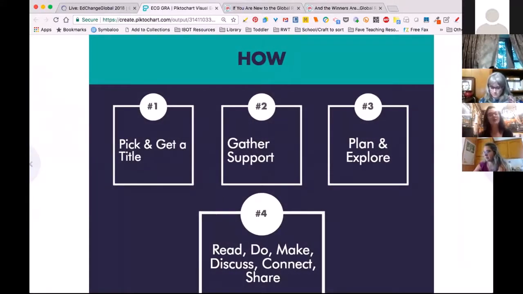So the starting point would be to pick and get a title, which I already talked about, right? So think about what works for your age levels, what your goals are, what you want to accomplish with it. Try to have it be something that you can integrate a little bit each day. So something that will work with your schedule, right? While there are a lot of extension activities with Global Read Aloud to connect with other classes and communicate, at the same time,